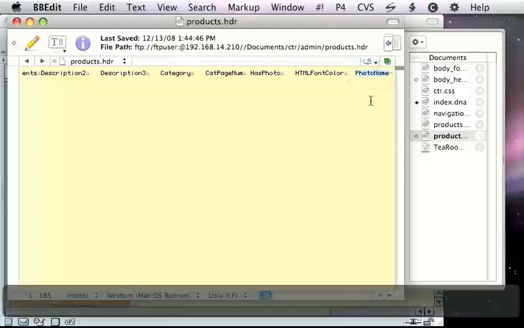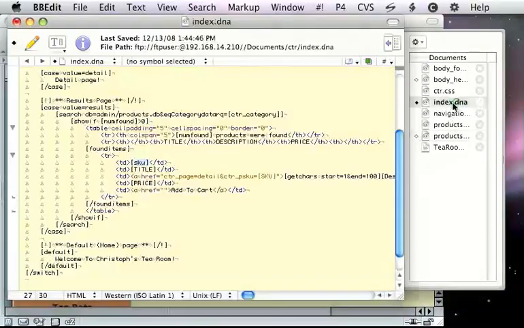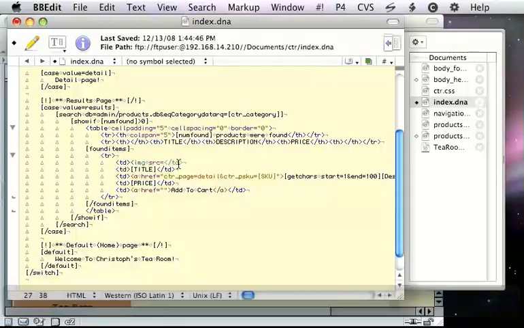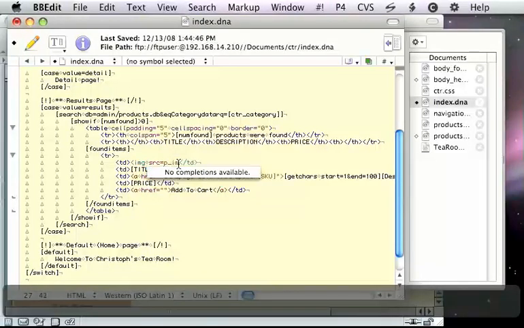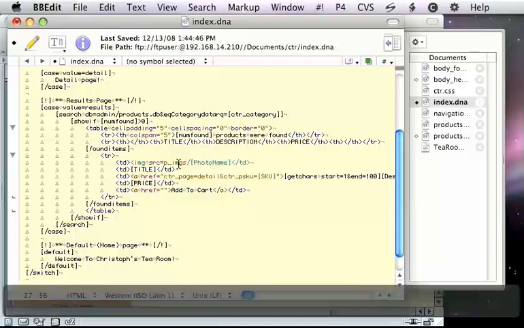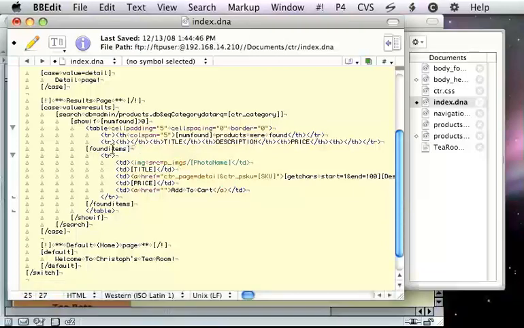So I'm just going to copy that and we go back here and we're going to create our image source equals, I think it was called p images, and then we can use that since we're within a found items loop of the products database, we have access to all the header names of that database. And if we put in photo name here,